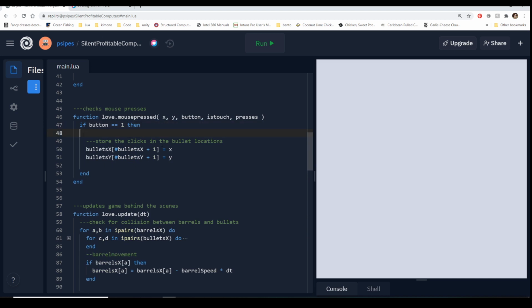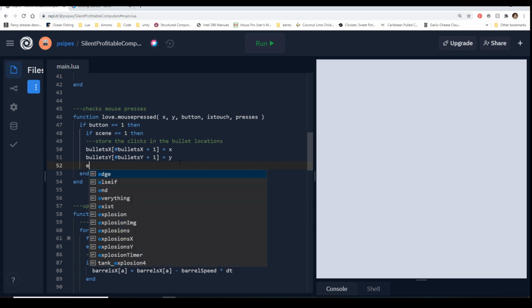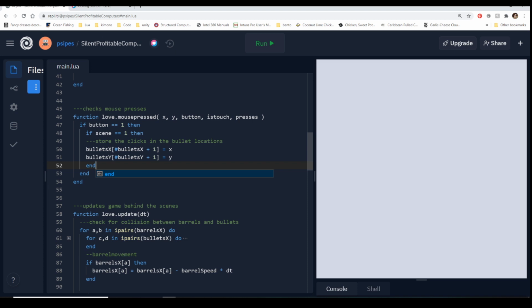So we can just nest inside of here and say, if scene equals 1, then... or we could even do it outside, but eventually you would probably want some sort of left click, so you would make some sort of pseudo button to say, do you want to play again? Cool. So we can do that there. So that's done.